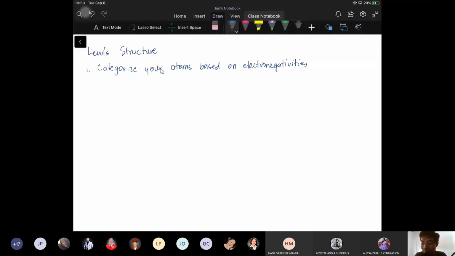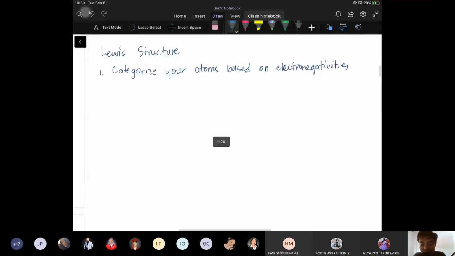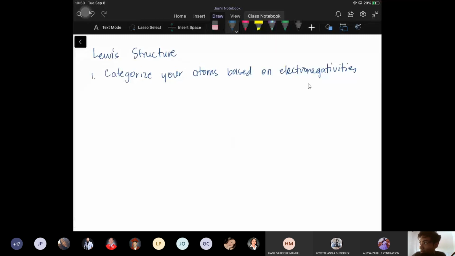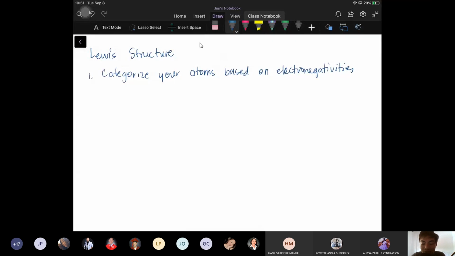The reason why atoms form molecules or ions is that they want to assume the noble gas configuration. Ang focus natin ngayon is yung sa sharing of electrons. So, number 1, we have to categorize your atoms based on electronegativities. Nadala lang ako ng idea ng assuming the electron configuration of noble gases na. Anyway, so balik tayo. So for Lewis structure, rule number 1 is for you to categorize your atoms based on